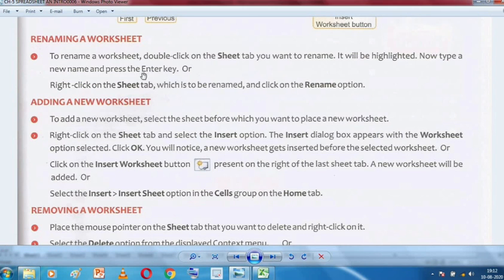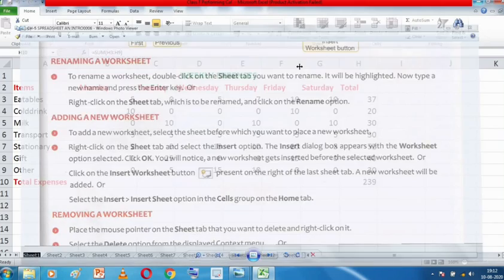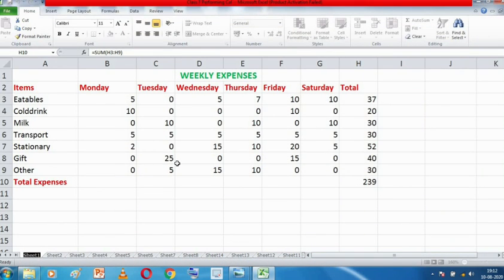Type the new name and press the enter key. Suppose I want to name it weekly expenses. So I will give it a new name, weekly expenses, and I will click on the enter button. Now see, the name of this worksheet has been changed from sheet 1 to weekly expenses.